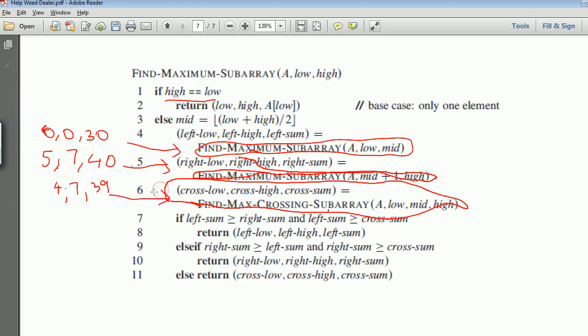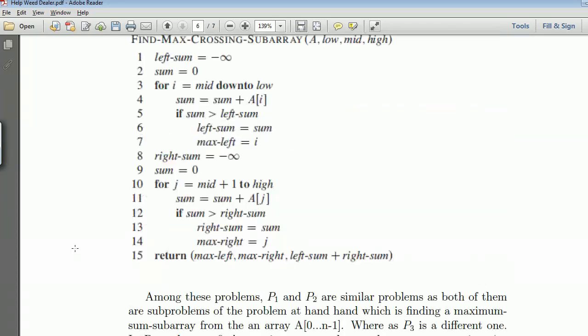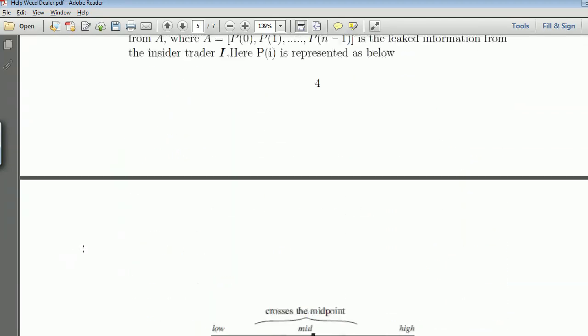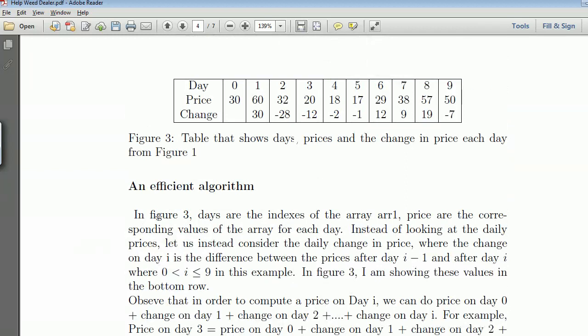Okay, so in the next three, we are just making if and else statements. We are just making comparisons and returning the right solution out of the three. So in this case, we will return this. So it suggests that the dealer must buy it. The dealer must buy the cannabis on, where is this? So it suggests that the dealer must buy cannabis on 5th day and sell it on